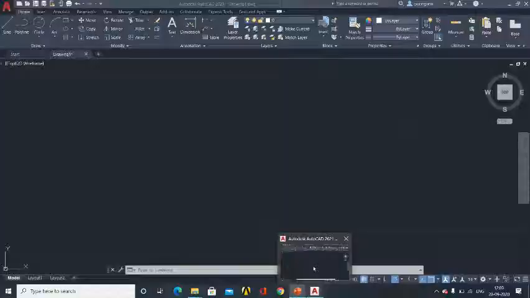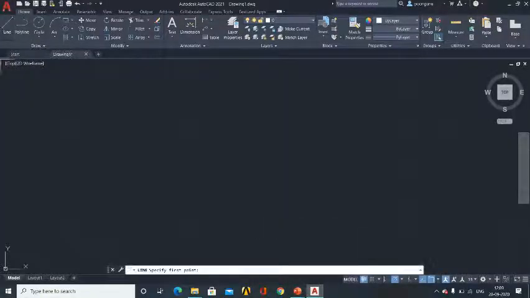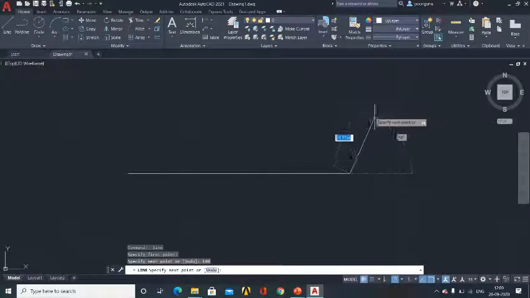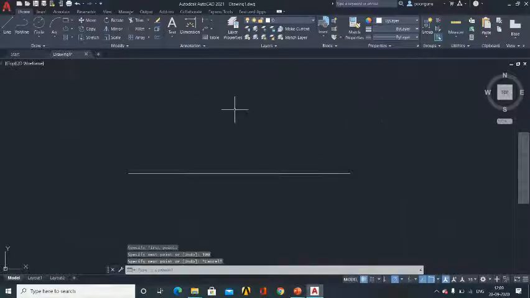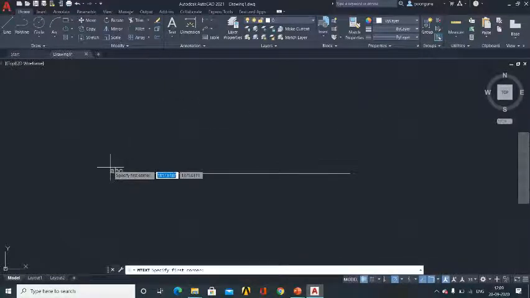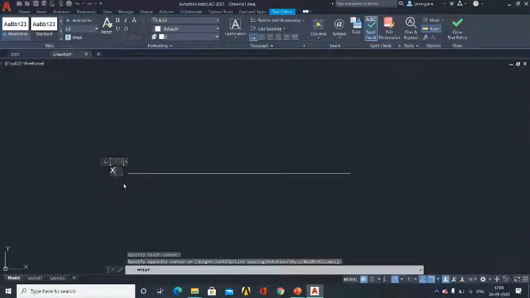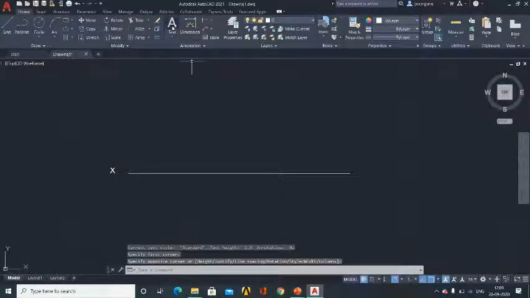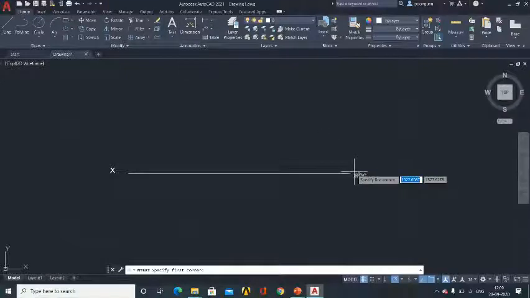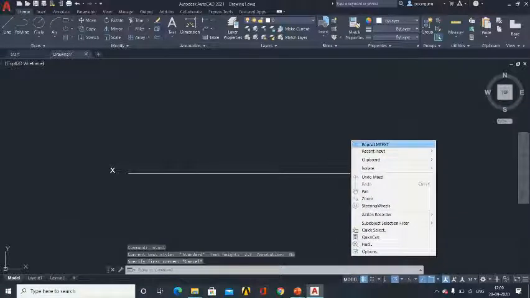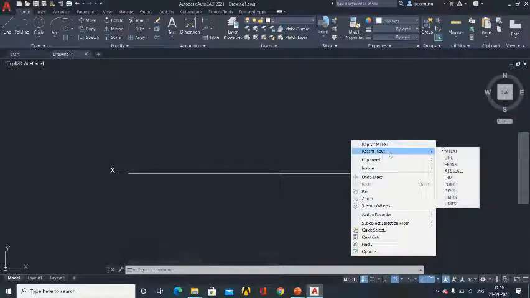So go to your AutoCAD, select the line command. So type 100. This is the standard dimension I am using. You go to text, draw the text box, type capital X, click outside somewhere, then once again select. So if you want to repeat, you can even right click and you can select repeat M text, a series of commands which you are using.